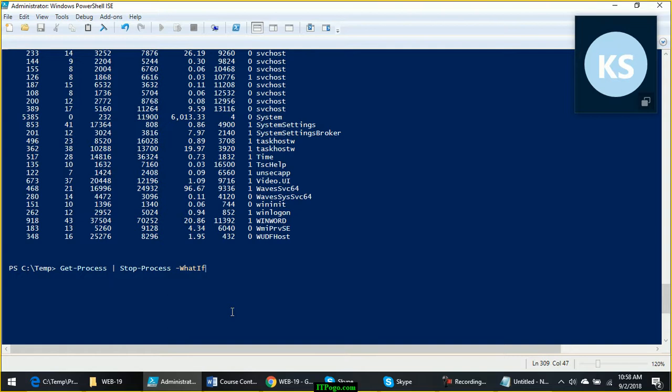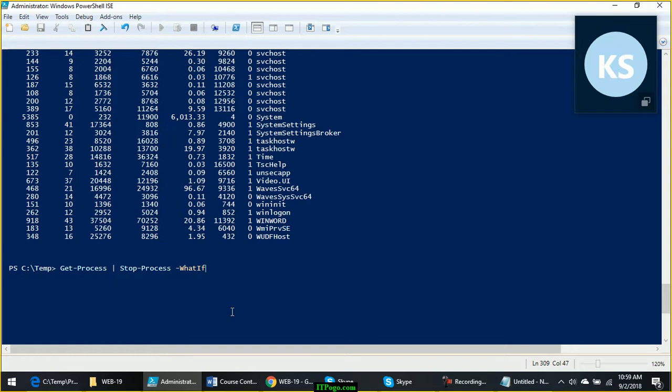Whereas stop process is called intrusive. The commands which are changing something on your computer are called intrusive commands. The commands which will just read the configuration are non-intrusive commands. So every intrusive command will have this parameter called what if.